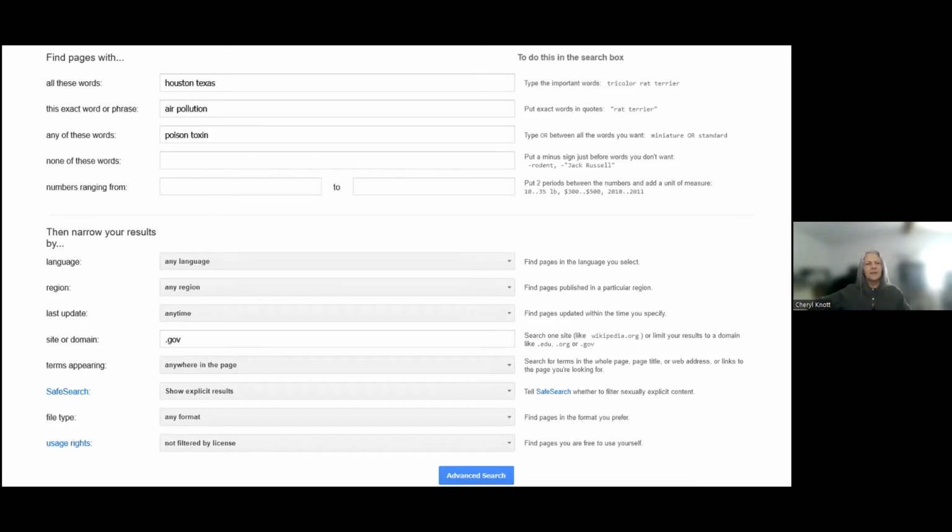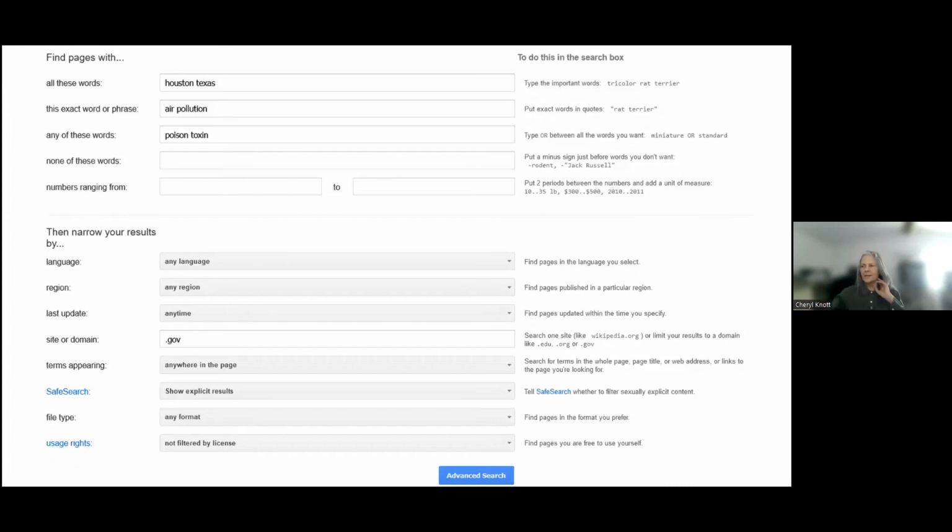You can also, which I always find helpful, filter or narrow your results by site or domain. So if you're working on a topic, a science topic like air pollution, which also involves government policy, government data, government websites are probably going to be a really good narrow approach too, so limiting to that domain can be very useful. And you'll also notice that in small type,